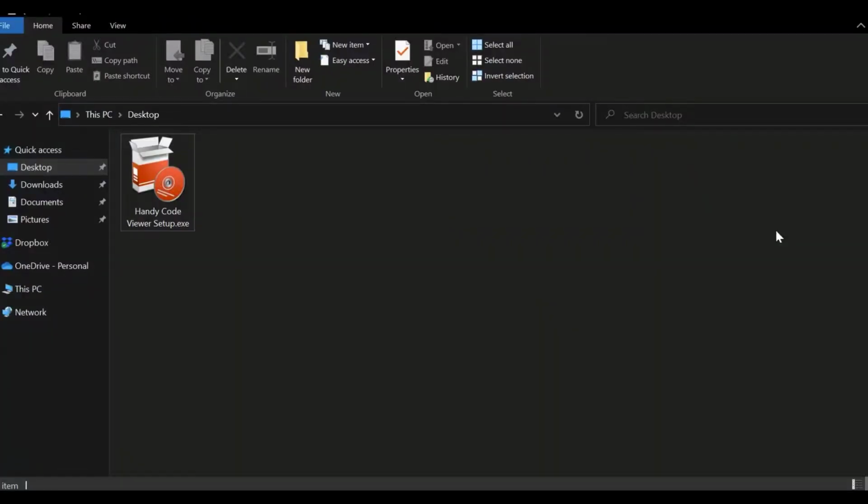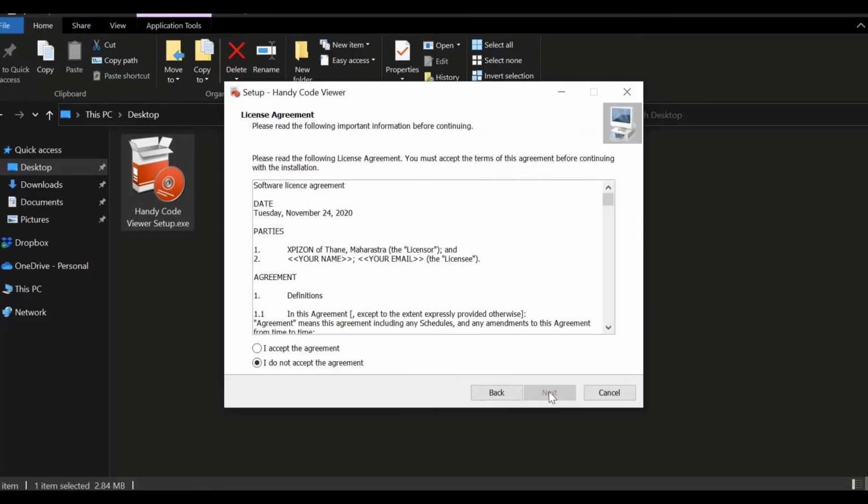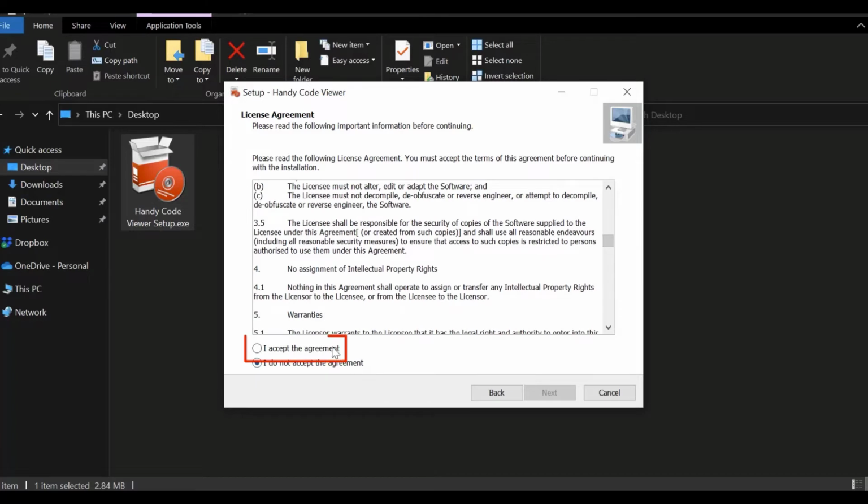So let's begin. Once you have downloaded the setup file, double click on it to commence the installation. In the welcome screen, click on Next. You will be presented with license agreement screen. Scroll through the license agreement, and if you're okay with it, click on I accept the agreement and click on